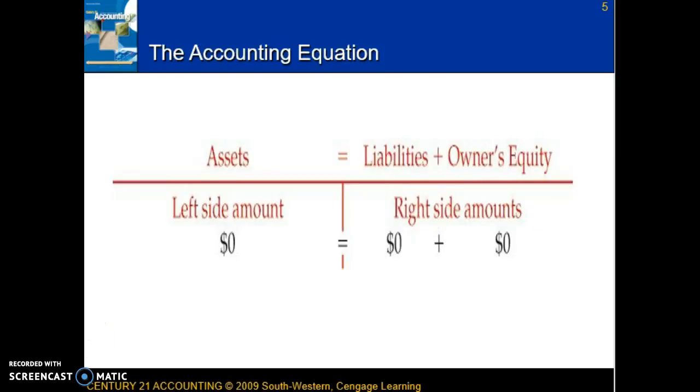Our assets are basically anything that you own and has value. It could be a car, a house, furniture, anything you own that has value. Now, your liabilities, that is how much you owe on something. Say you own a $20,000 car, but you owe $10,000 on your car. That is a liability to you, anything that you need to pay.